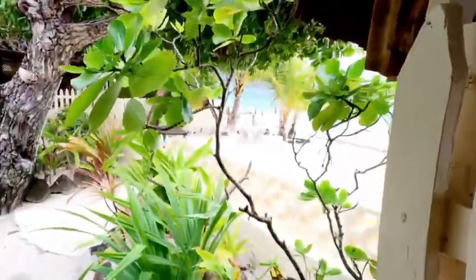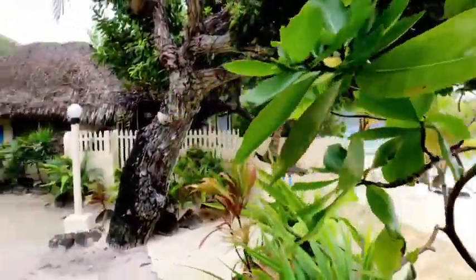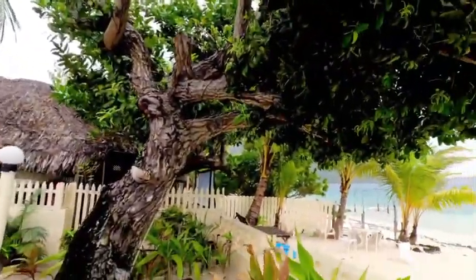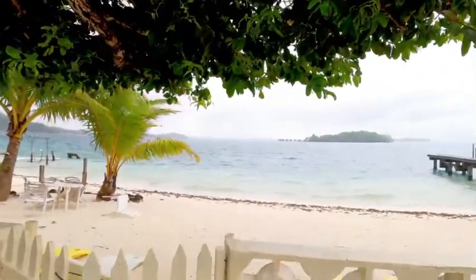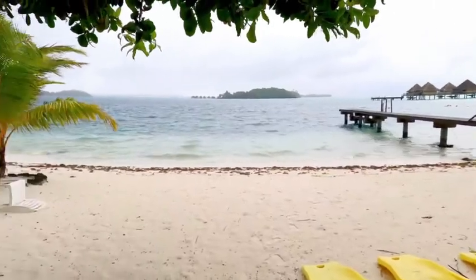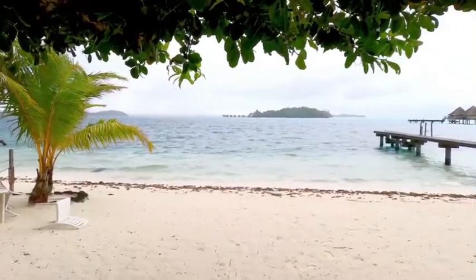Okay, let's go outside. All these tiaras are all over the place. There's the Hāf-e'a tree, they call it the Temanu. And I can start to feel the rain. There we go. There's some island over there with